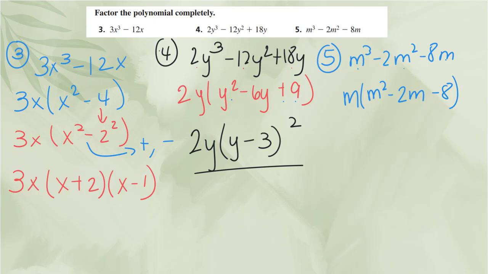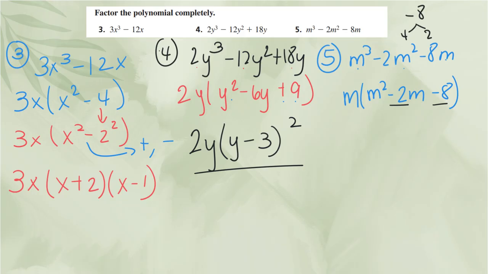Now I know 8 is not a perfect square, so I need two factors that, when multiplied together, give me negative 8, because C is negative 8, right up here. But at the same time, when added, they give negative 2. I can write 4 and 2, because I know 4 times 2 gives me 8, and 4 minus 2